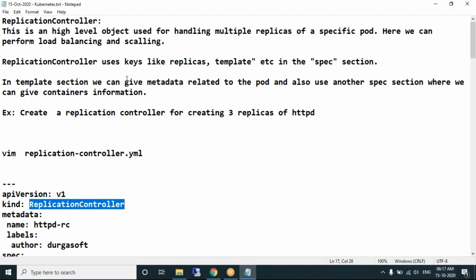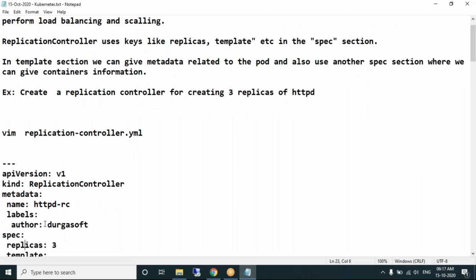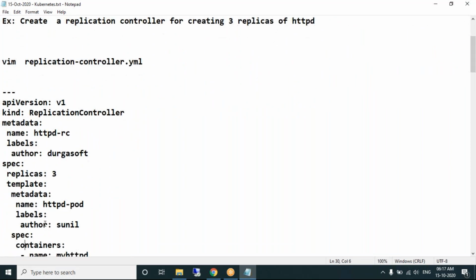In the template section, we give metadata to the pod. Please observe here, under the template section, in the metadata, I'm giving the name to the pod, HTTP pod.